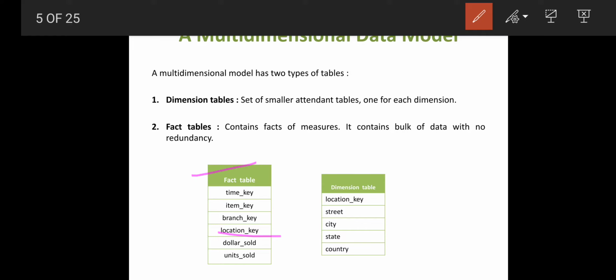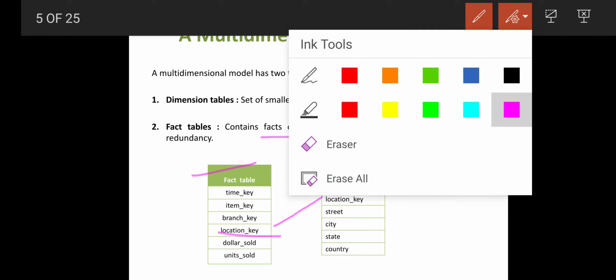That dimension has its own table with a location key. For that particular dimension I have a single dimension table, and in it I have different information related to the location key, that is street, city, state and country, etc. In this way we use a fact table that contains the facts or measures, meaning which factors we are going to measure, and for each dimension in that table we have a separate dimension table.